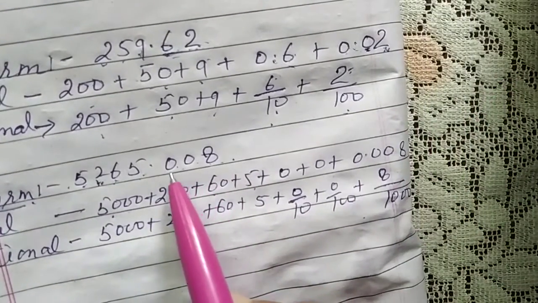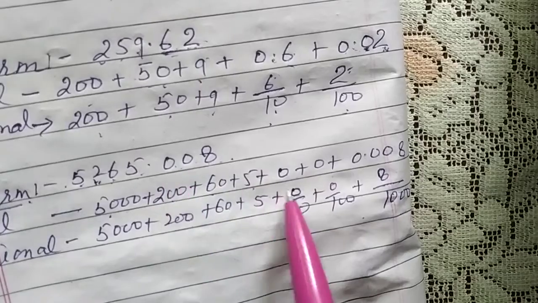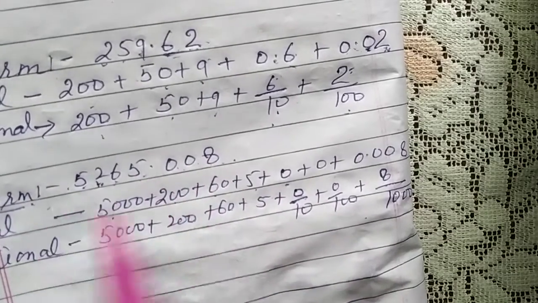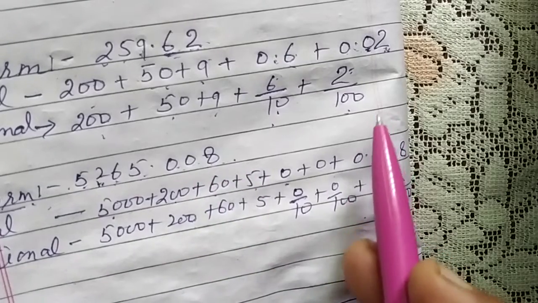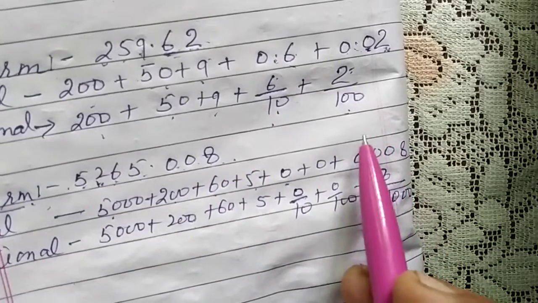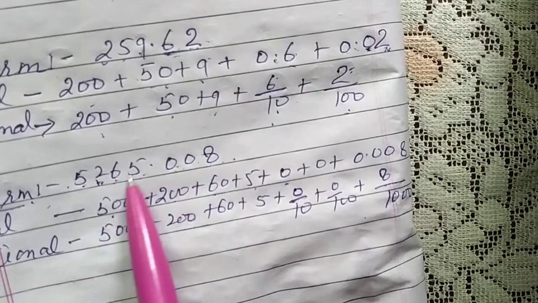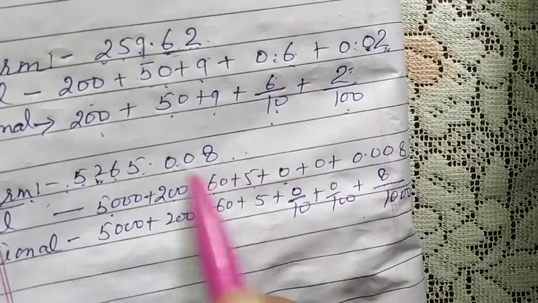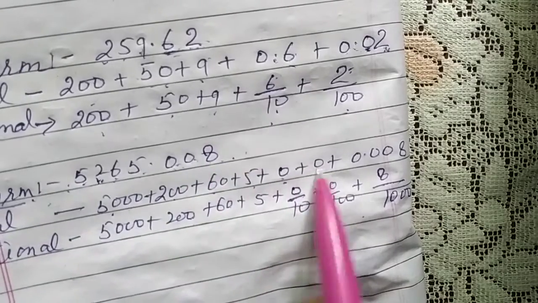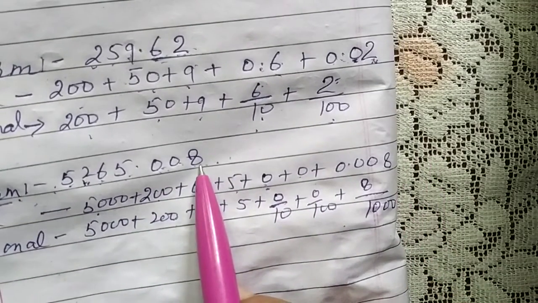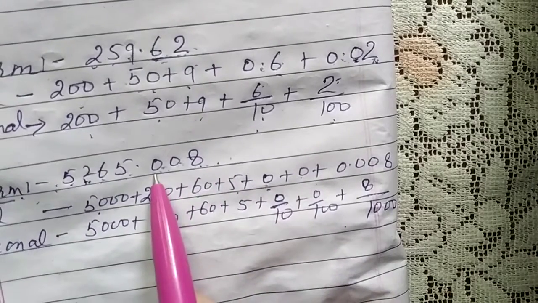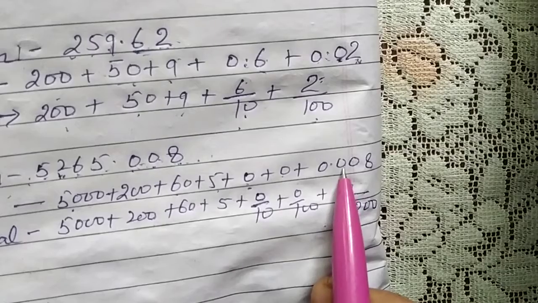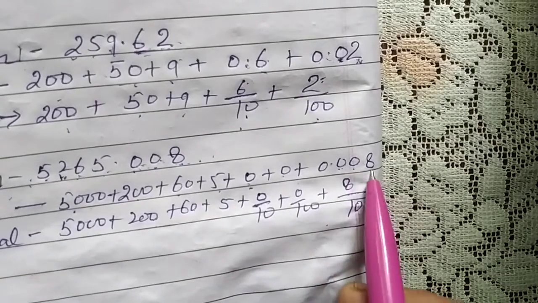In the decimal expansion, we will write 0 because the value of that place, either in the whole part or in the decimal part, is 0. 0 की place value चाहे whole number में हो चाहे fractional part में हो वो 0 ही रहती है. Okay, so 0 and this 0 is 0, और ये 8 की place value क्या हो गई? ये हो गया tens, ये हो गया hundreds and ये हो गया thousand. So it is tens, hundreds and thousand.